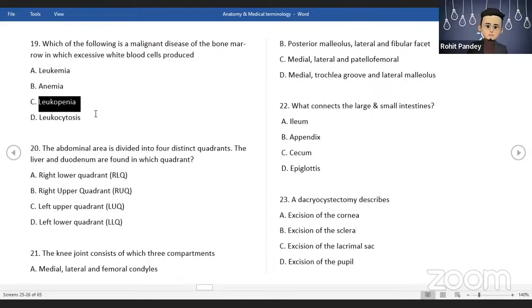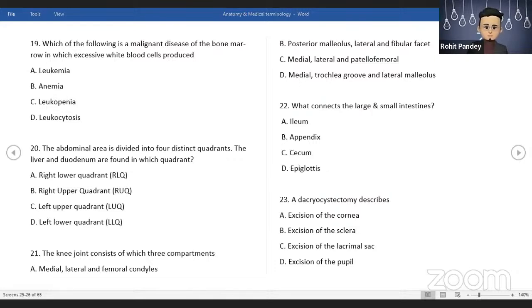Leukopenia, where the white blood cells decrease. Okay. Anemia, when in a human body hemoglobin is less than 6, I mean it is different in male and female. So when hemoglobin is low in blood, then it is called anemia. And